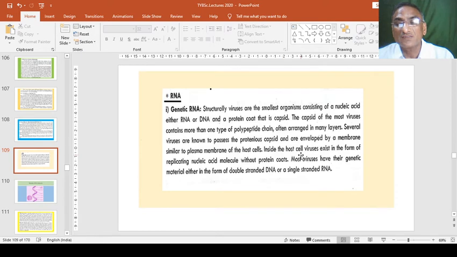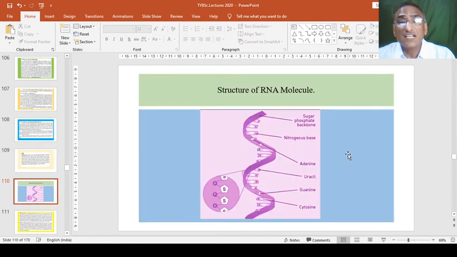Inside the host cell, viruses exist in the form of replicating nucleic acid molecule without protein coats. Most viruses have their genetic material either in the form of double-stranded DNA or a single-stranded RNA. But generally, these are of single-stranded material. The structural arrangement of RNA molecule is very simple as such,